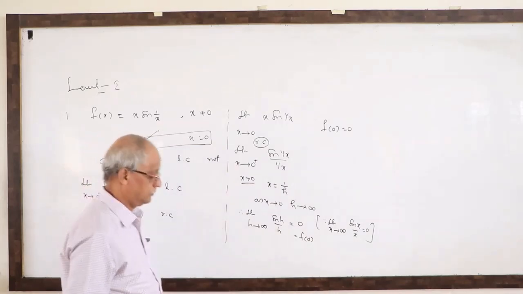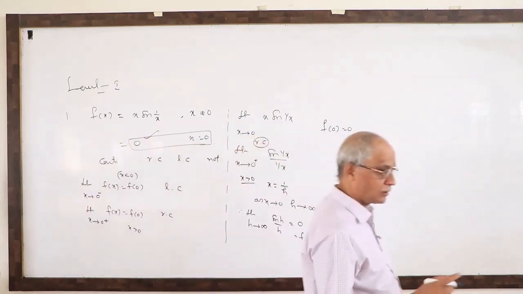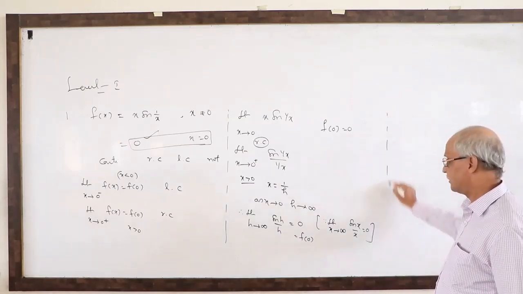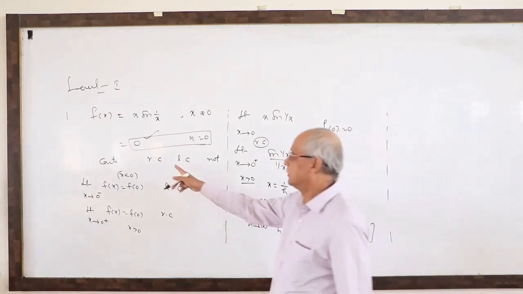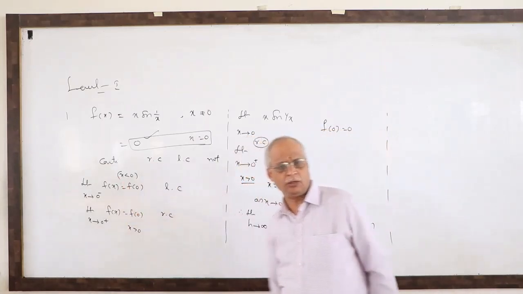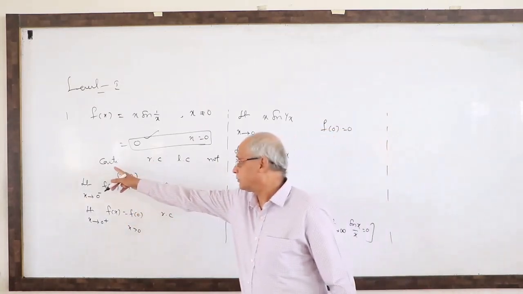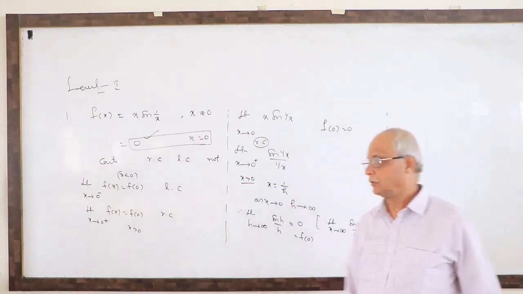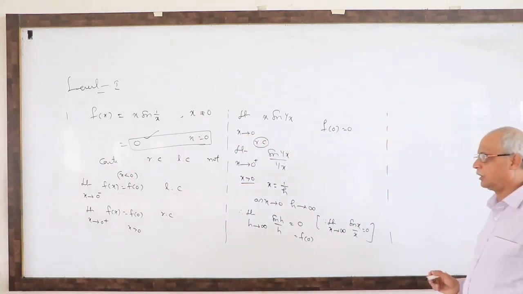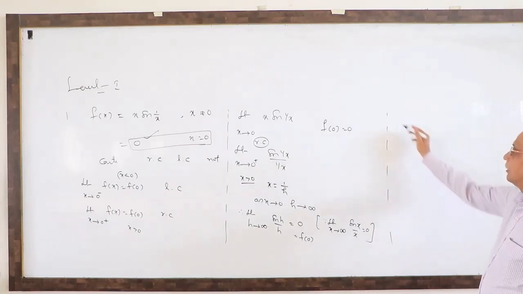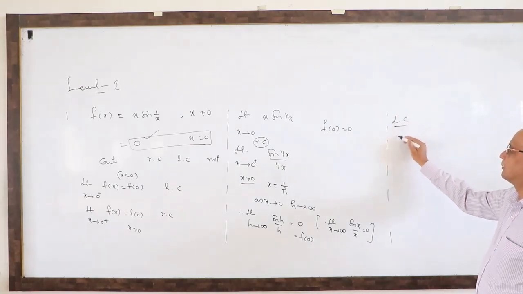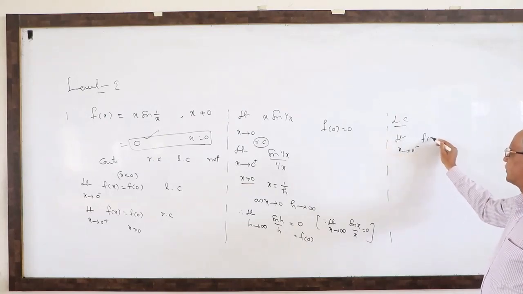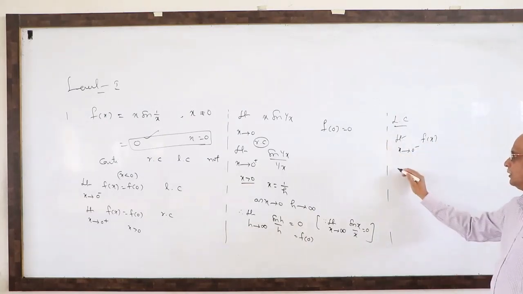Then verify left also. Suppose left is not possible, then the answer will be only right continuous. If right and left both are possible, then this is the answer. Okay. Actually A, B, C, all three are very near terms, close to each other. Now we are finding left continuity. Limit x tends to 0 minus f of x is the same as